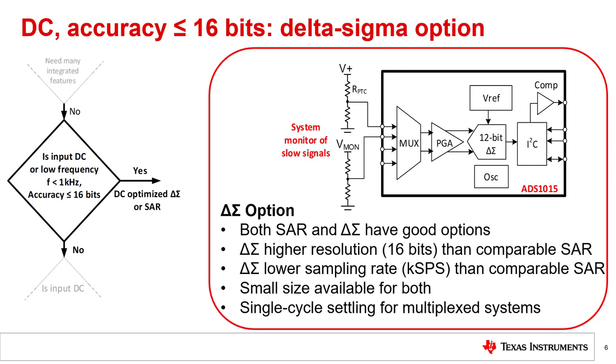Is a SAR or a Delta Sigma converter better for measuring low frequency signals for converters with less than or equal to 16 bits? It turns out that in this case, both types of converters have excellent options here. In this slide, we focus on the Delta Sigma option. This kind of Delta Sigma would use a low latency digital filter to minimize noise. They also will frequently include an integrated multiplexer and a PGA. Typically, this kind of converter is referred to as a general purpose Delta Sigma ADC. These devices can be found in very small packages and often will have a lower price point.